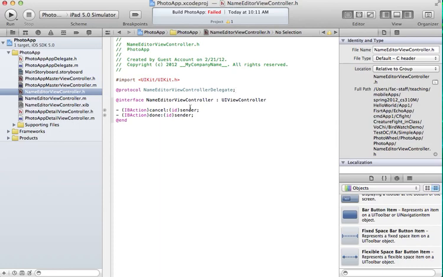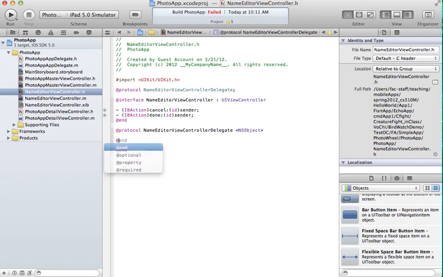Okay? And then after the interface section, which is this one, you'll create the protocol section. You repeat this. Protocol name editor view controller delegate. It inherits from NSObject, which is nothing, right? And now we're going to declare what methods go in this protocol. We're going to declare them optional. You can declare them required if you really want people to implement these protocols. But they're going to go like this: void